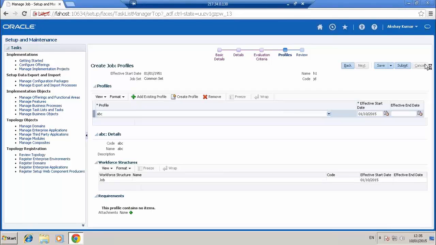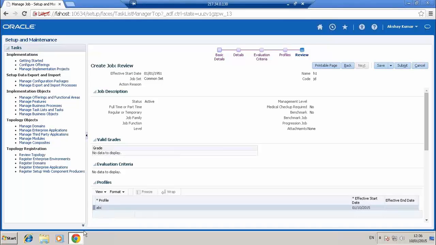Position I'm not getting into. It is similar to job, but you have to attach department, jobs, everything. I think it's similar to EBS. Yes, exactly. Next concept I will take you to is